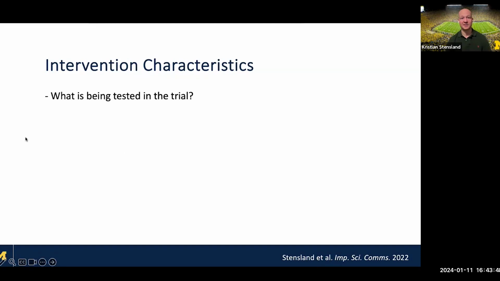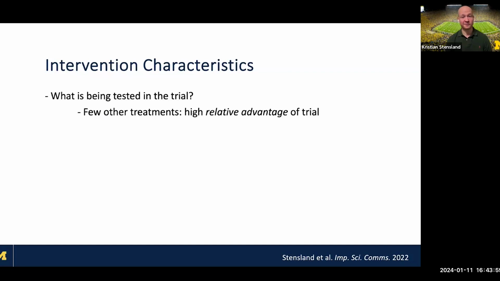And so some of the things that might be barriers are, for example, what is being tested in the trial. So we talked about things that are part of the protocol earlier that might make it more or less likely that patients are going to enroll. And so if there are a few other treatments, for example, then you might have a high relative advantage of that trial. So in prostate cancer, if you've already run through all of the standard of care options and you're sort of on your like 4th line treatment, you might have a high relative advantage of enrolling onto a trial